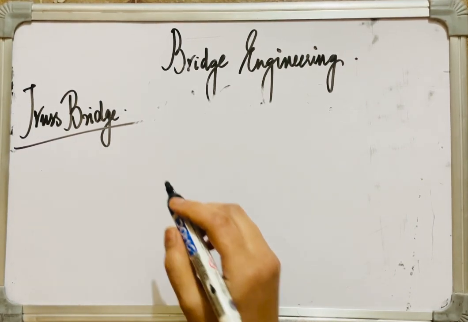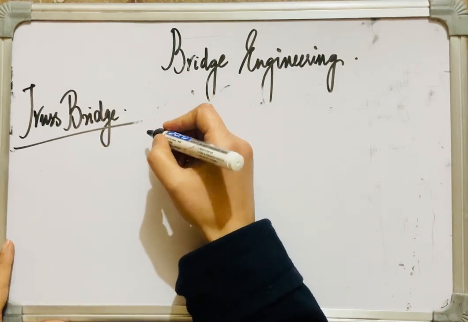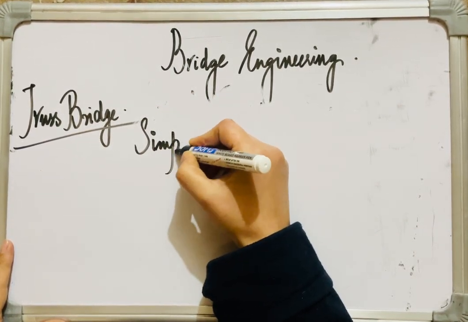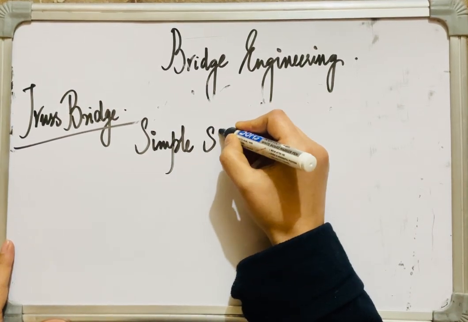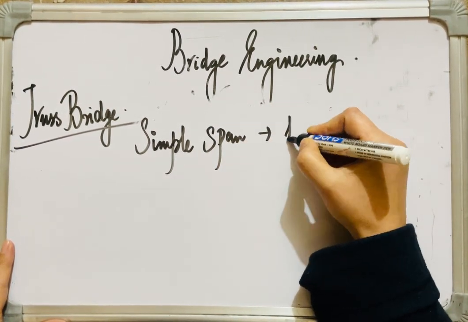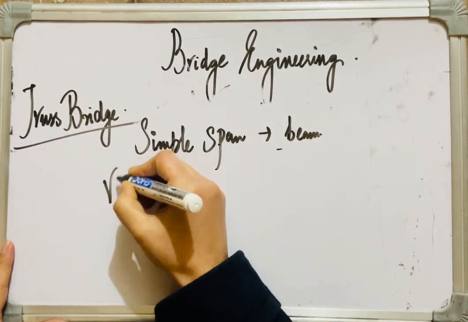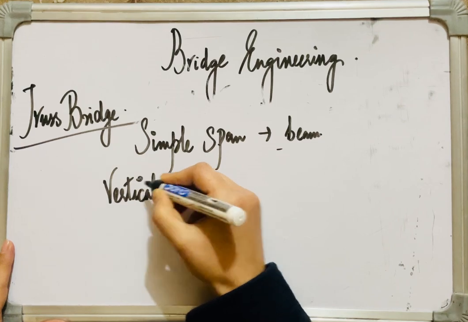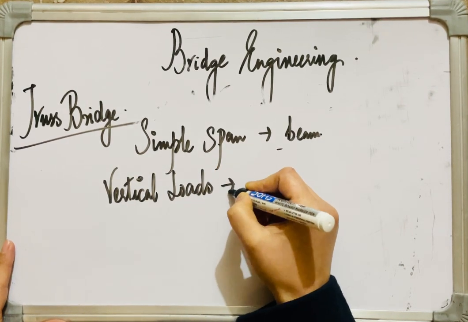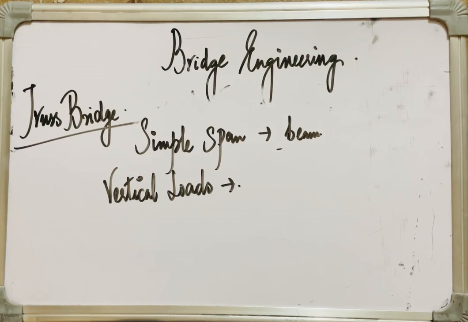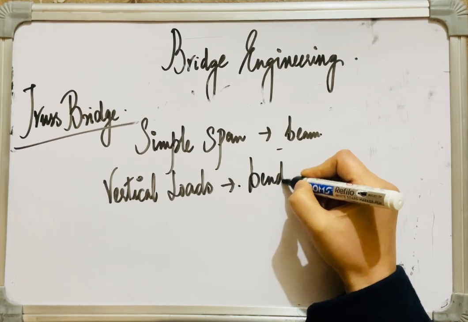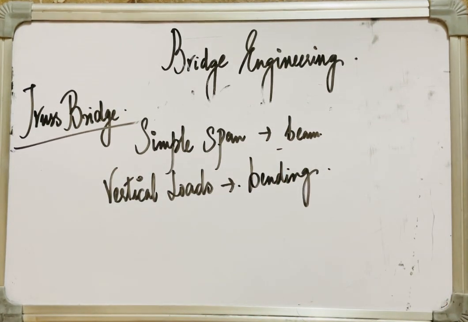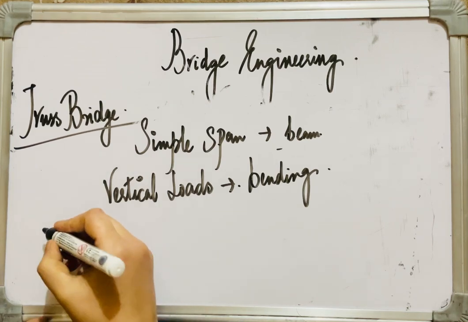All right, and a truss bridge of simple span behaves like a beam because it carries vertical loads by bending, the same as in a beam bridge or a girder bridge, wherein vertical loads are carried by flexure or bending. The top chords in a truss bridge are in